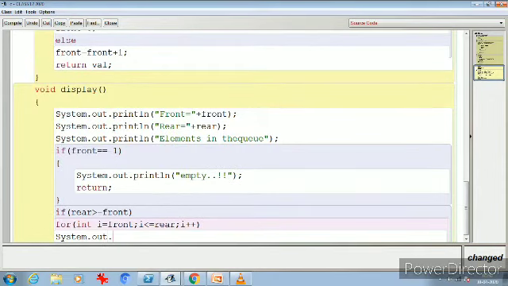So the array is printed with the slash q i and slash t.